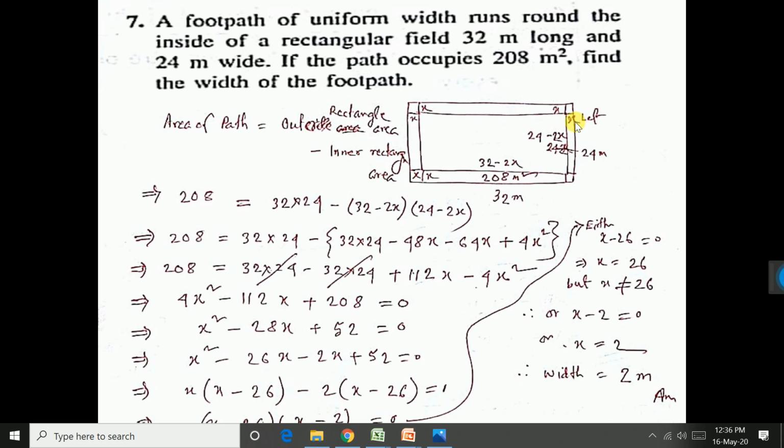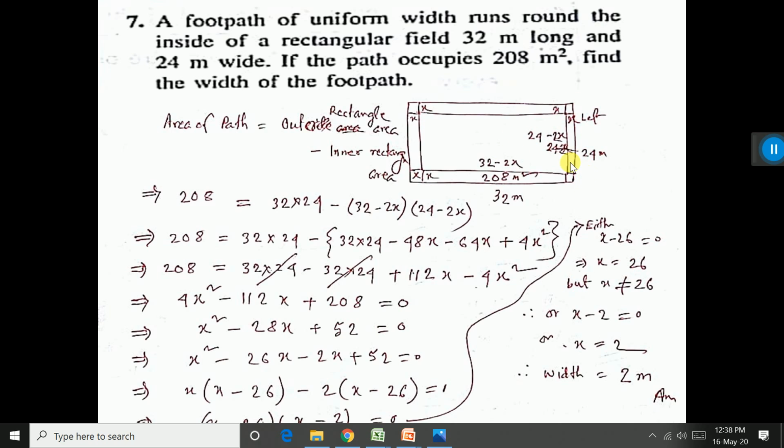So the width, let me consider it as x here. In the diagram only I have written everything. Students write here and again here, but once you are writing in the diagram, that is sufficient. So the width of the road will be x everywhere. Now since the path is inside the field, in the diagram only everything I have written.